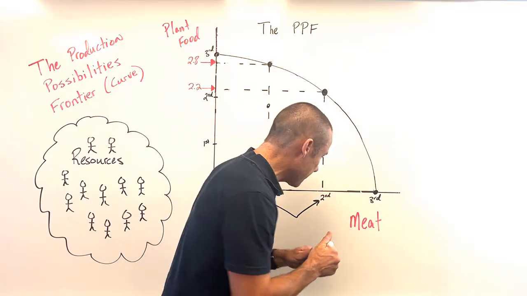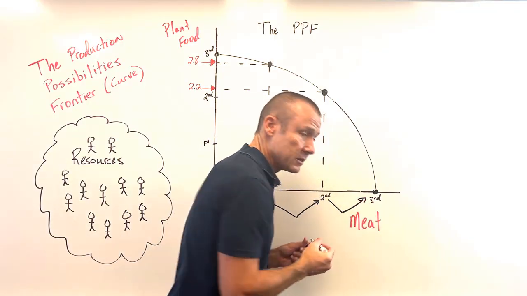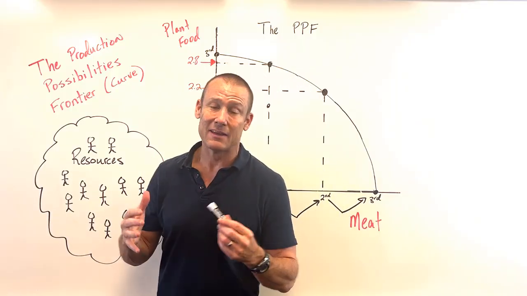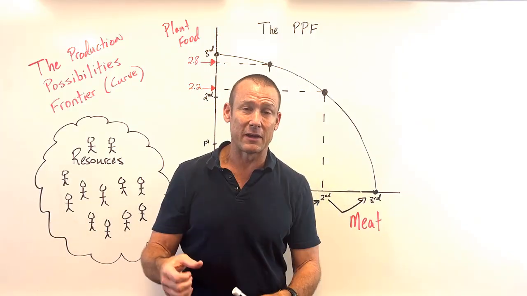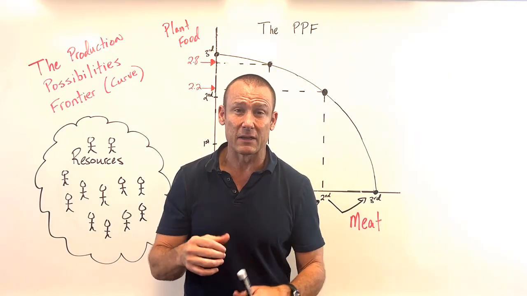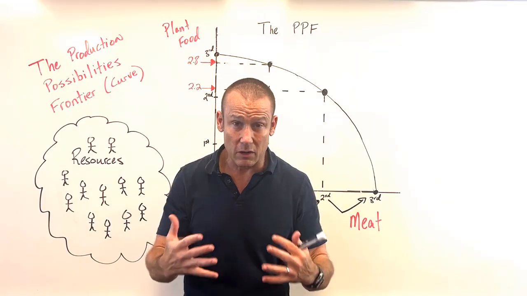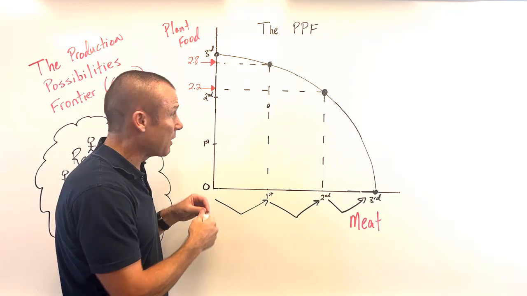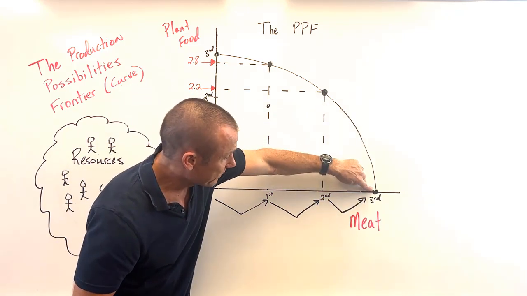We want to produce nothing but meat. Well, that means we've got to grab the rest of them and have them go hunt. And hey, the problem is going to be opposite now, right? We're going to have better gatherers and not very good hunters left to allocate. Okay, the opportunity cost is going to be really large now, right? And so how big? Well, according to this model, we're going from this dot over here to this dot,